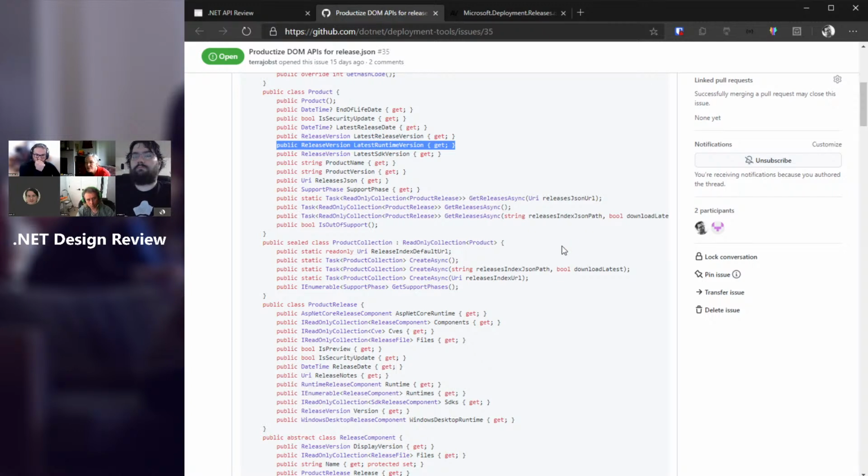So if we have the latest release version, what's the value of having the properties for the latest runtime version, the latest SDK version? And Michael, I'm sorry if I just stomped on your question. I kind of had the same question, and I'm trying to phrase it in a way that makes it concrete. So yeah, couldn't we just look at the latest? That was just exposing what's in the JSON. If we think that's maybe not necessary, because if you have the latest release,